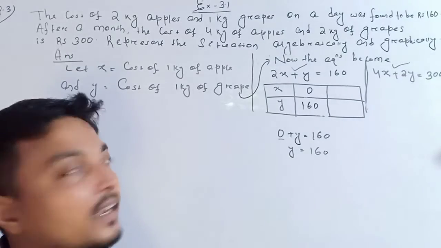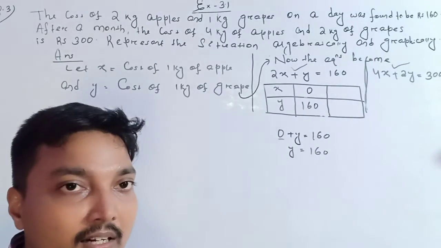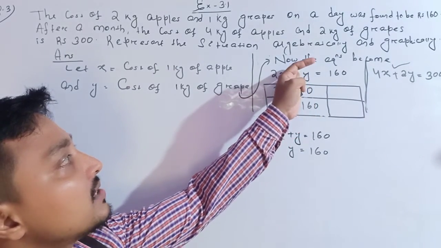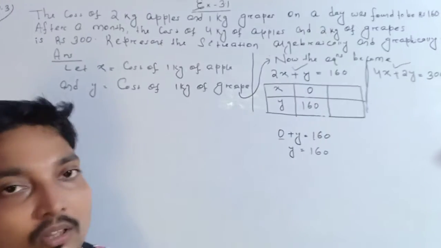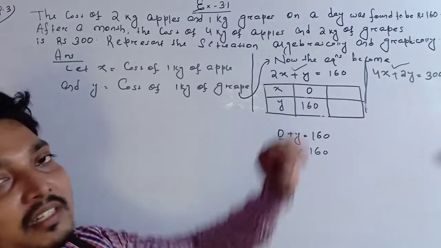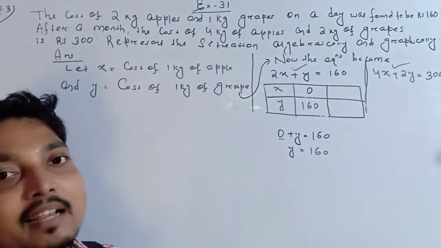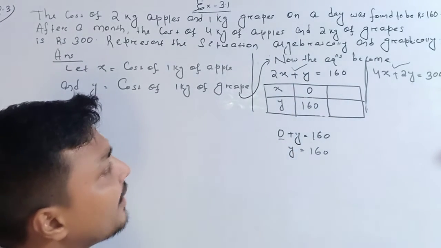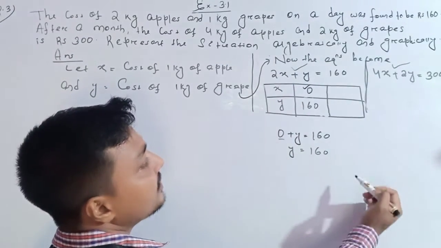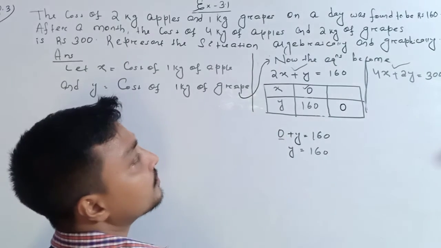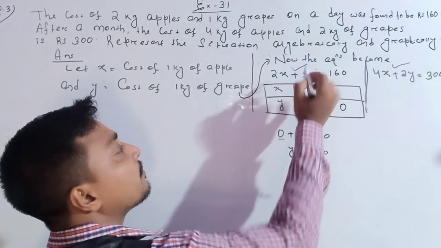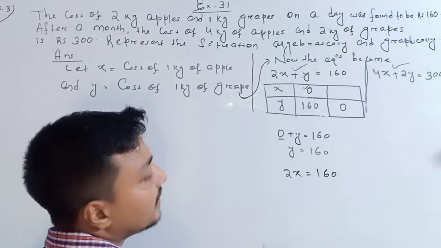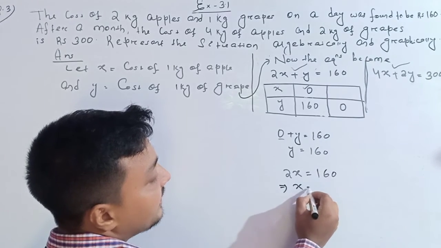So that is the first point of the first linear equation. You understood or not understood? This we can call the point we got for the construction of the line representing the linear equation, otherwise the solution of this linear equation. The second one, we put y equal to 0. On putting y equal to 0, this term becomes 0. It means 2x equals 160, which implies x is 80.